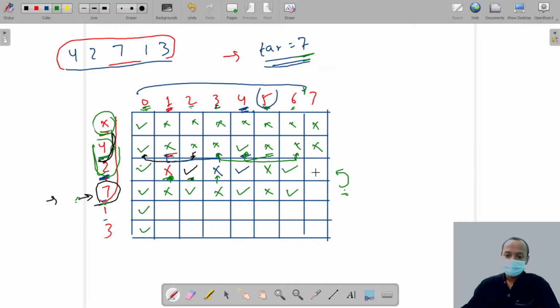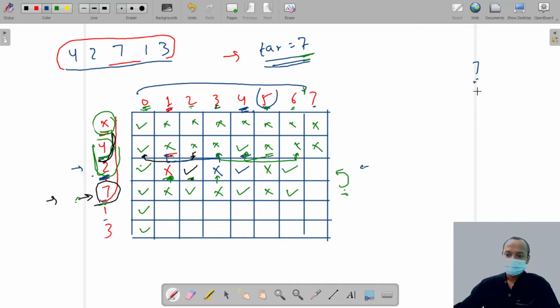Oh sorry, I'm writing it wrong. I'm forgetting to fill here. So here we have to make 7 runs, talking about this line. And this player, here we have to make 7 runs.